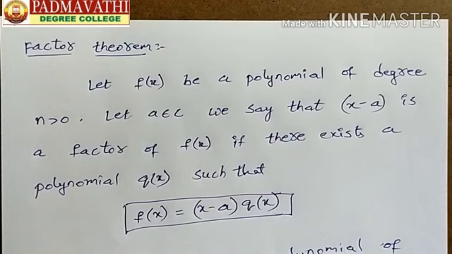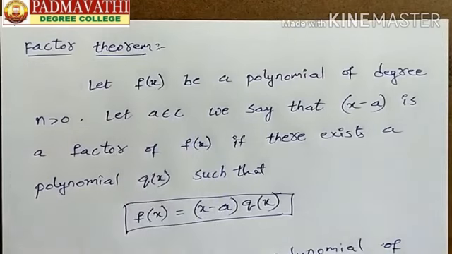So the statement again: f of x is a polynomial of degree n greater than 0 and a belongs to c. C means here the complex number system. We say that x minus a is a factor of f of x if there exists a polynomial q of x such that f of x equal to x minus a into q of x. So this is the factor theorem, and its corollary is